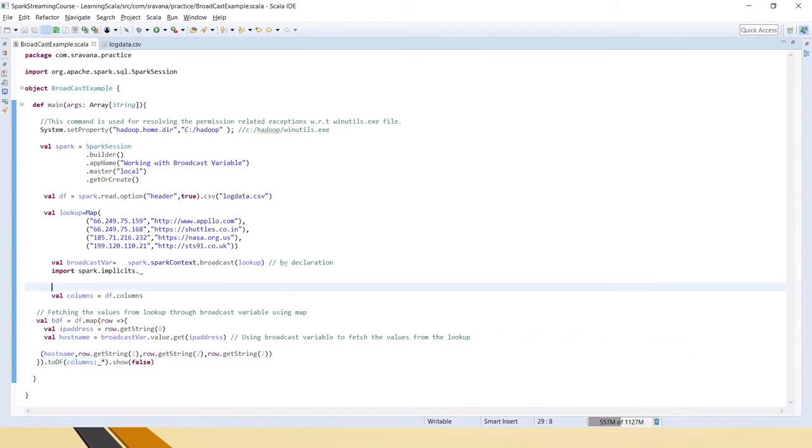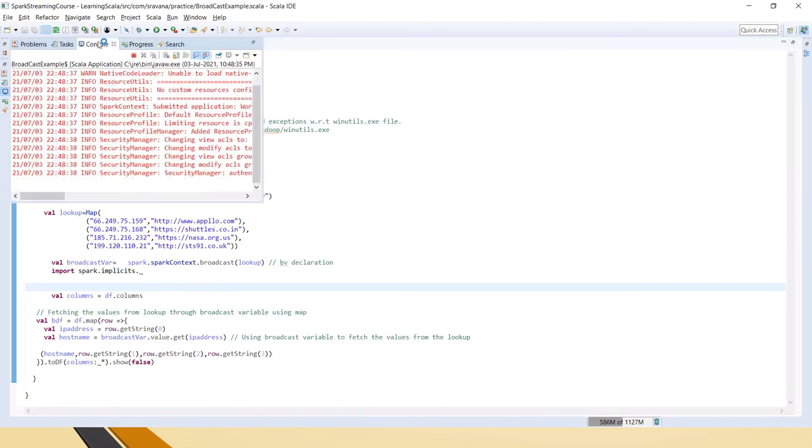So this is the way we declare the broadcast variable and use it in a program. In production, you can clearly see a very good performance improvement of a Spark job if you are using broadcast variables when broadcasting smaller data sets. Also, to release all the resources that the broadcast variable copied onto executors, we can call the unpersist method. And to permanently release all the resources used by this broadcast variable, we can use the destroy method. Okay, so let me run this code and see what the output is.